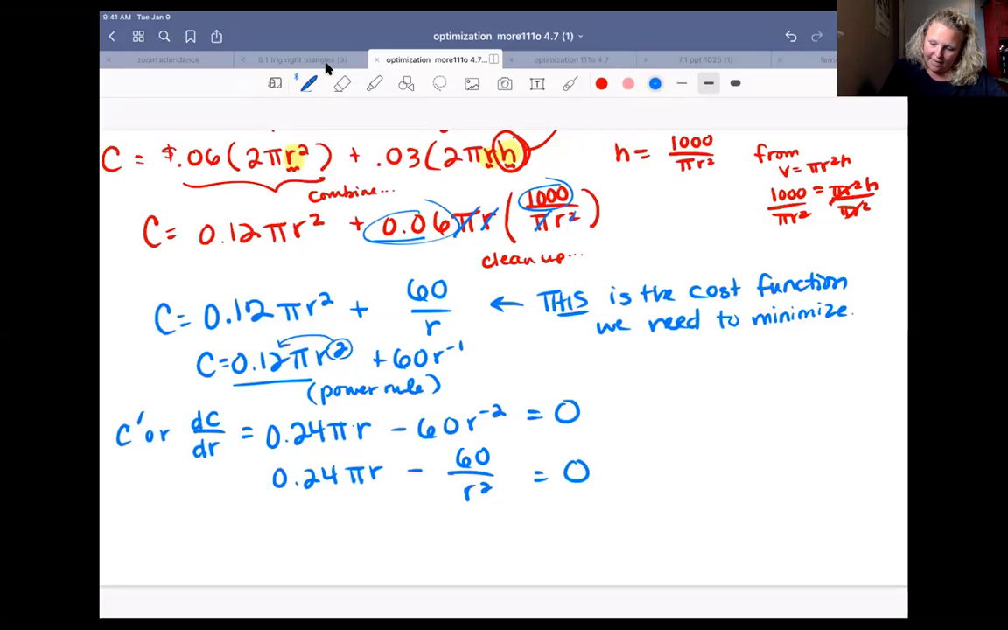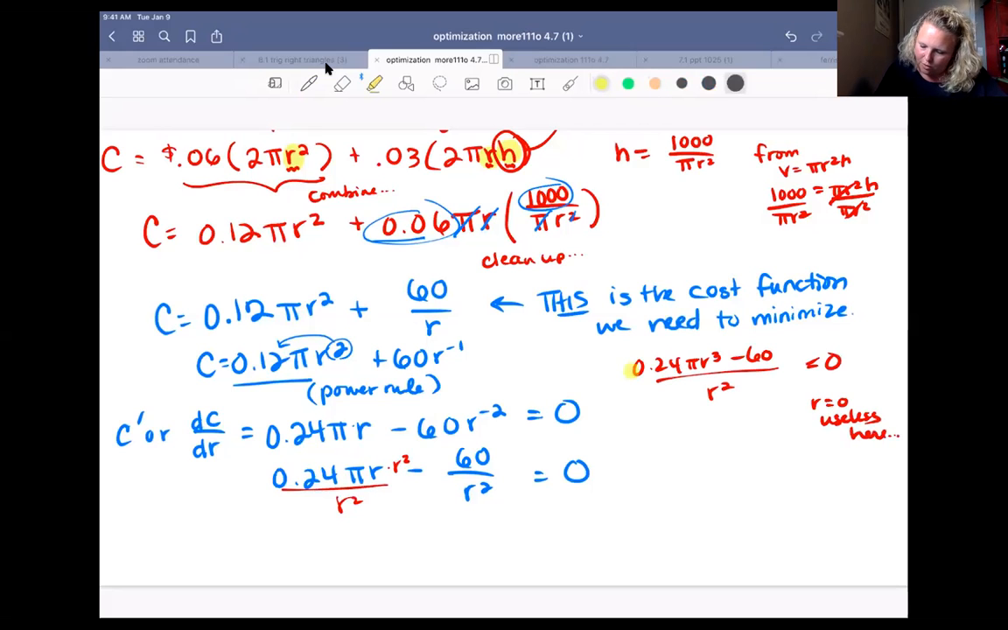We can make it a common denominator of r squared so that we get 0.24 pi r cubed minus 60 over r squared. Again, an r value of 0 will not be applicable for this question, even though it's considered a critical number from the earlier sections of chapter 4. R equals 0 is useless here. So the focus will be what makes the numerator 0. So if you set 0.24 pi r cubed minus 60 equal to 0, add the 60,